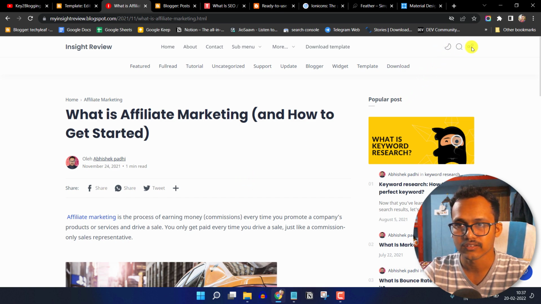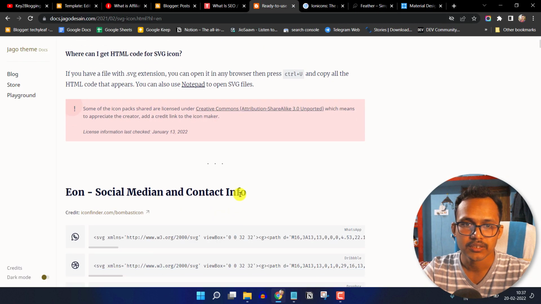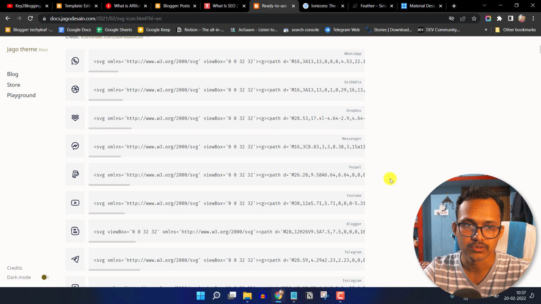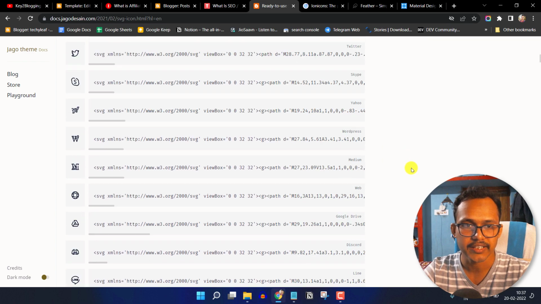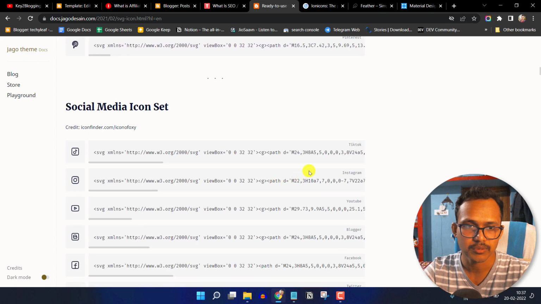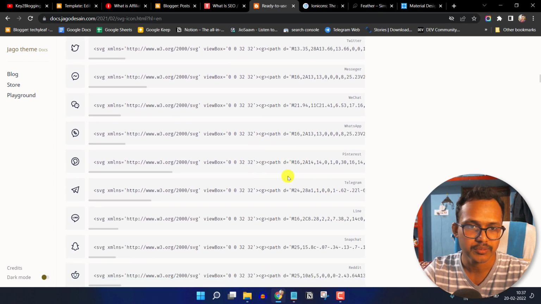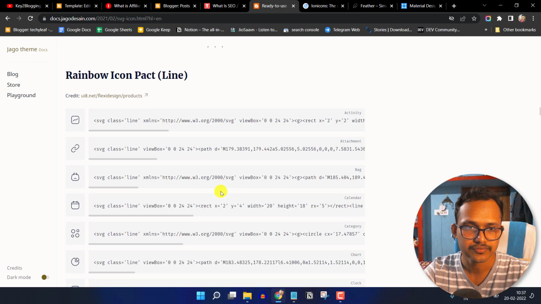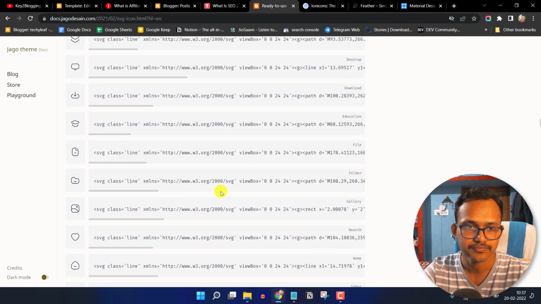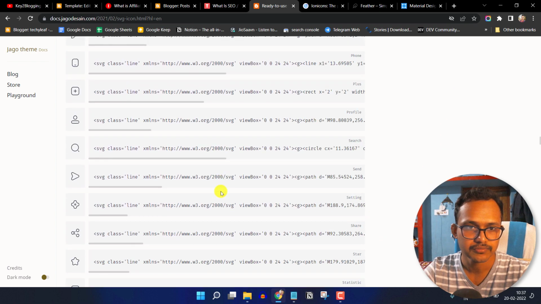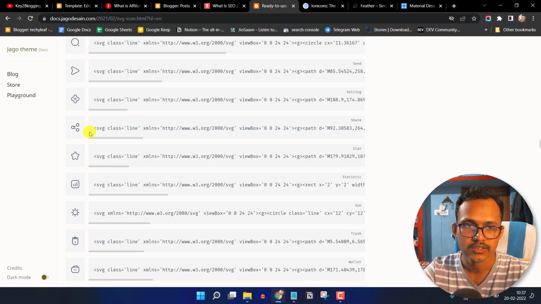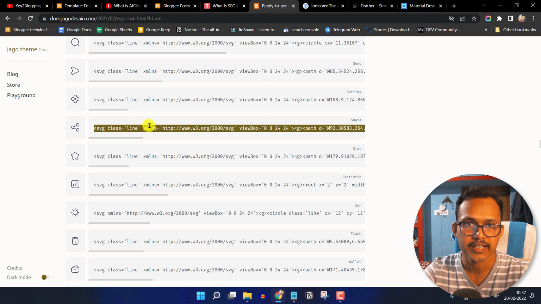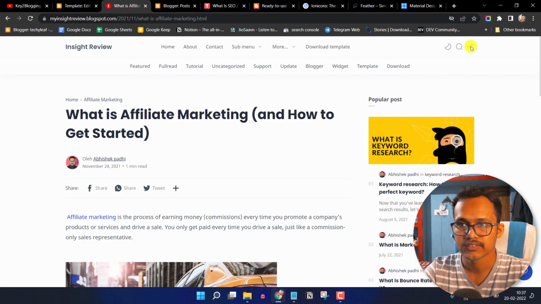So this is the icon in the social share button. Here I have given a lot of SVG resources where you can find SVG icons. This is the official website of the Flittro Pro theme. Let me search for a share icon. Let's scroll down, and here it is. There is a share icon like this. I can just copy this share icon and change it here.